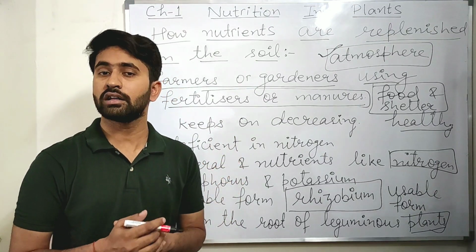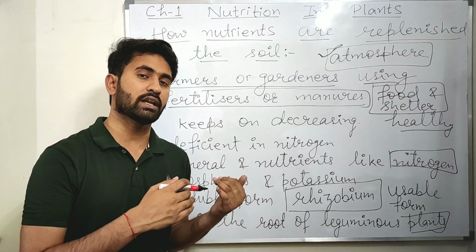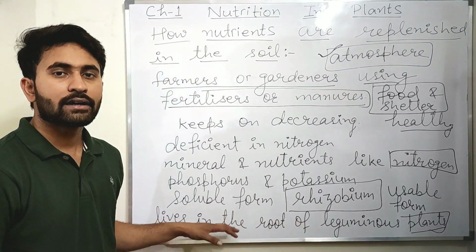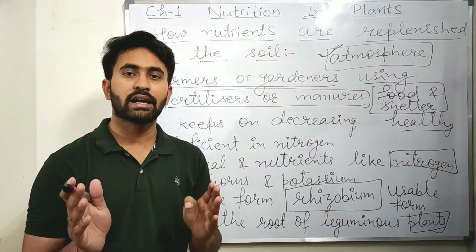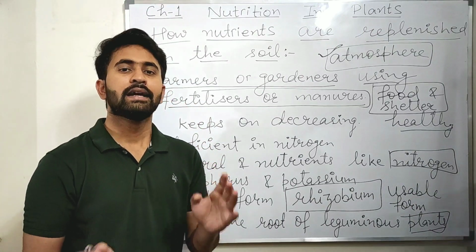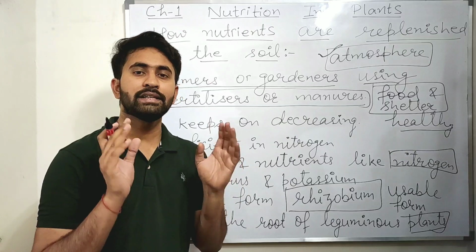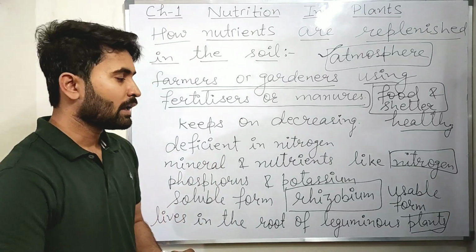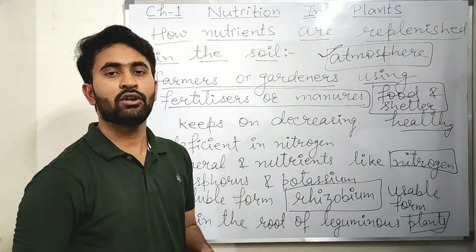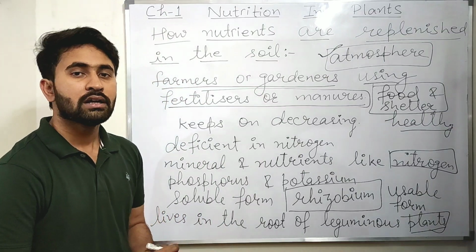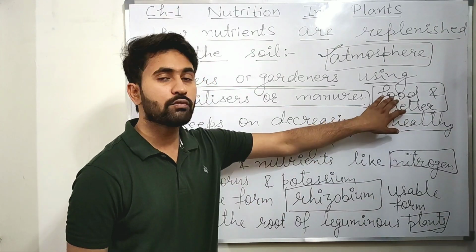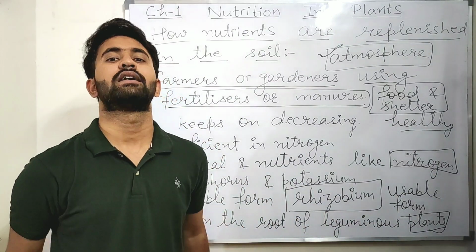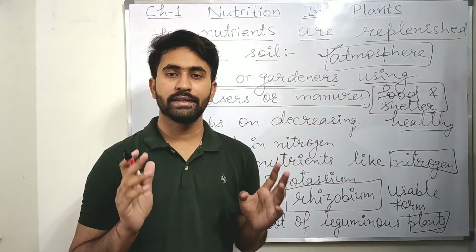That we have read in the earlier video. If you didn't understand, watch it again or write it in the comment box. So rhizobium converts atmospheric nitrogen gas into a usable form that can be absorbed by the plants. Since the bacteria cannot prepare their own food, the plants provide them food and shelter, and both live in a symbiotic relationship.